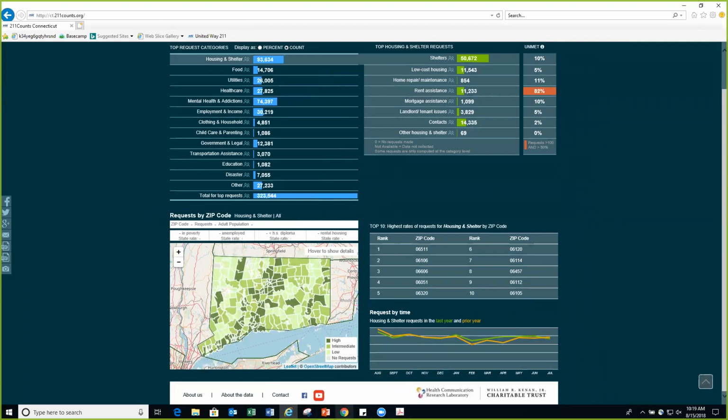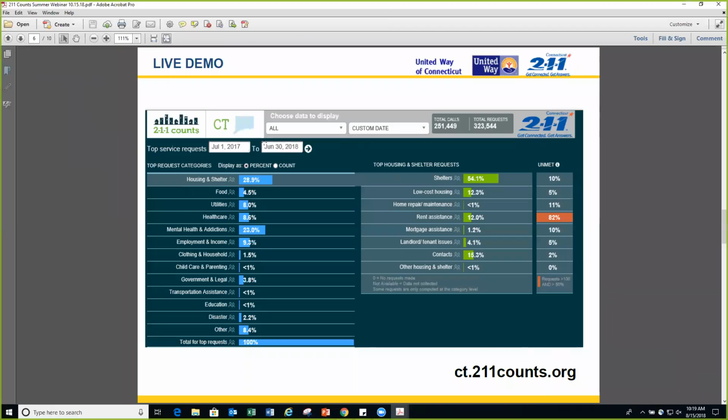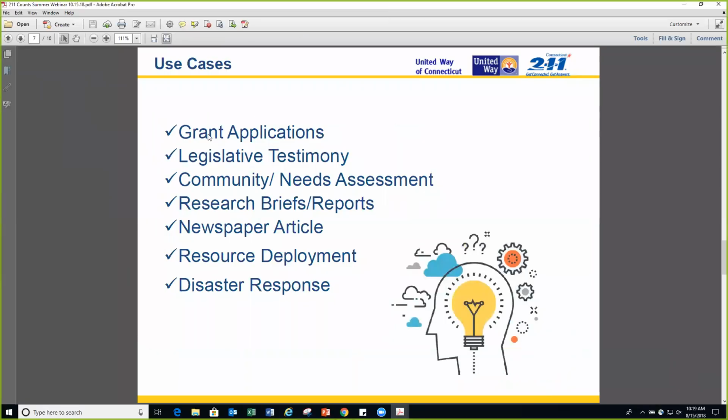So now I'm going to jump back over into our PowerPoint and talk to you a little bit more about some use cases and how we really hope that you use our data dashboard. We hope to use it for grant applications, for legislative testimony, for community needs assessments, for research briefs and